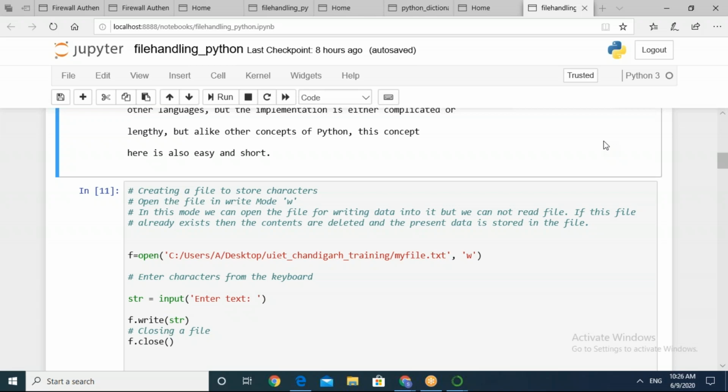Okay, fine. So I hope the only reason for not running the code will be the file path, and the direction of the slash. When you copy paste the path from there, it is showing you this forward slash, right? So you will have to make the change in the path. So let us move ahead.